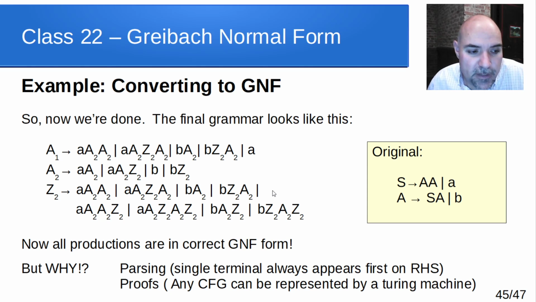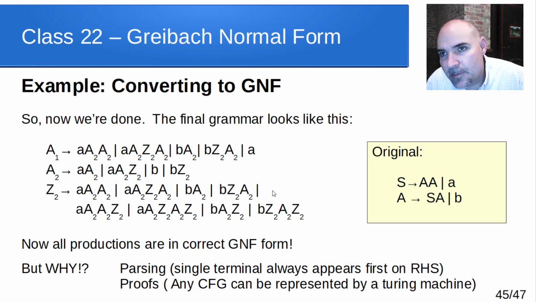So in other words, every step along this derivation is handling just one symbol. So we're working our way through the input one symbol at a time. And that can be very useful as well for certain kinds of proofs, where you need to prove that you're going to process one symbol and then go on to the next symbol, and the next symbol. And in fact, the proof that